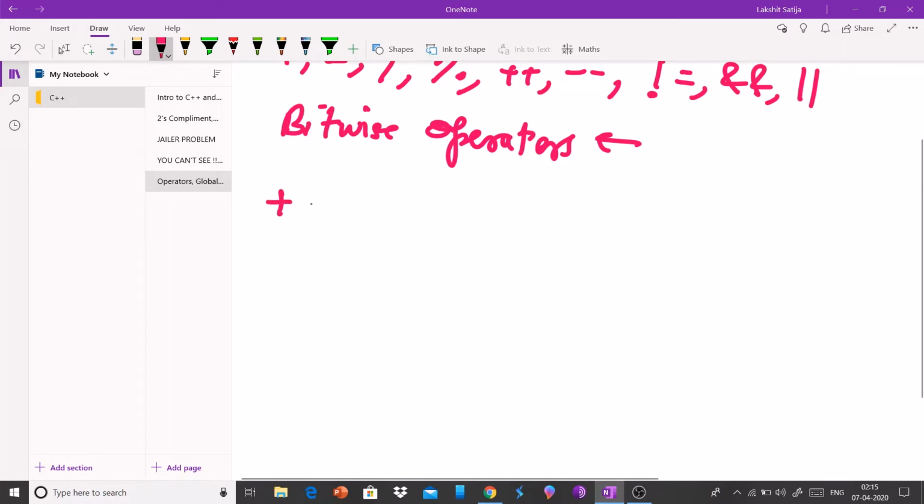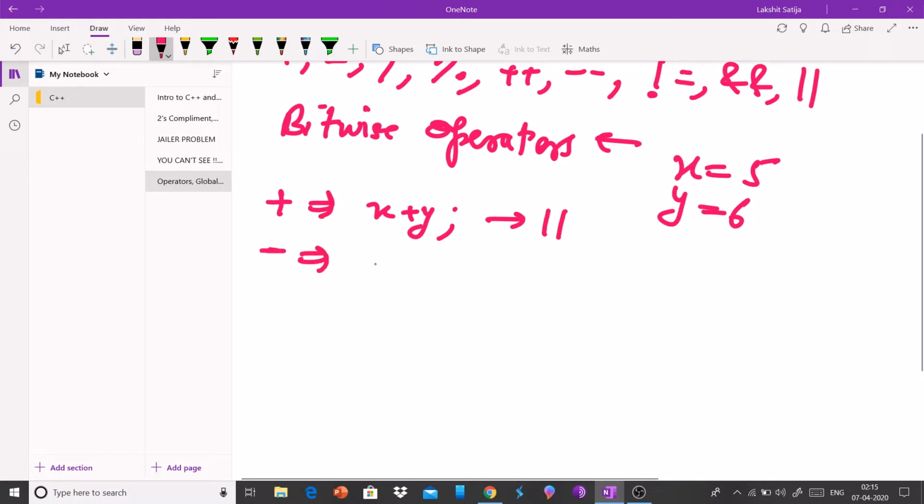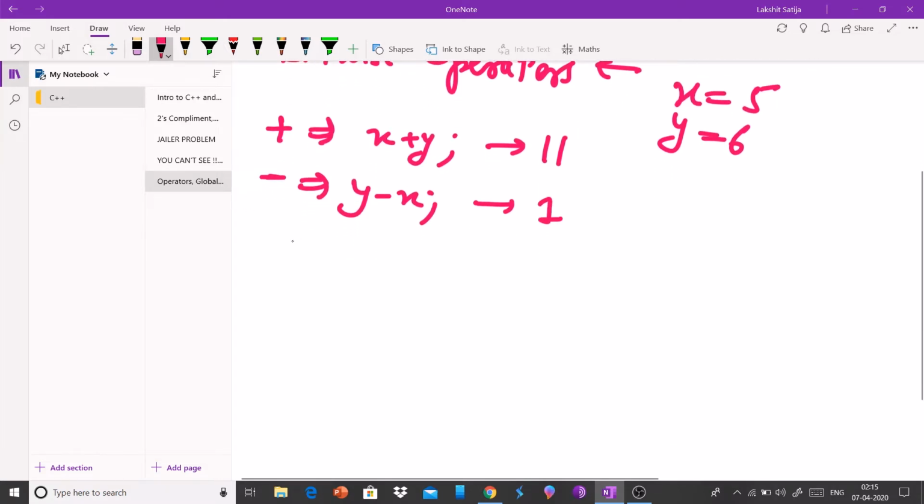So plus, this operator simply adds two numbers, right? Let us take x is equal to 5 and y is equal to 6. So x plus y will add them and give the answer 11, right? Minus operator. So let us do y minus x. It will simply subtract them and give the answer 1, right? The divide operator gives the quotient, and the percentage operator gives the remainder,